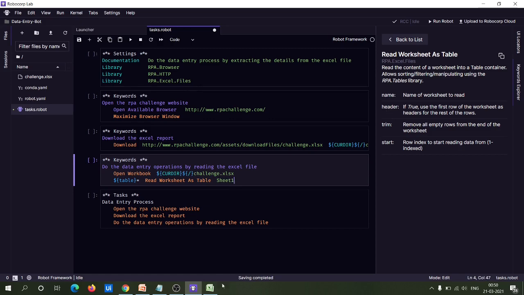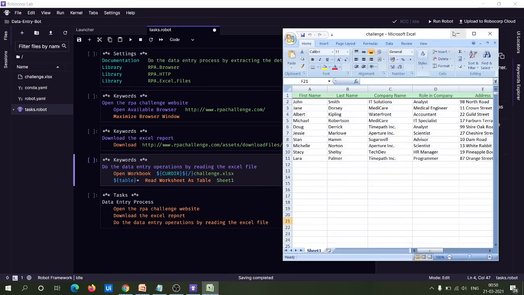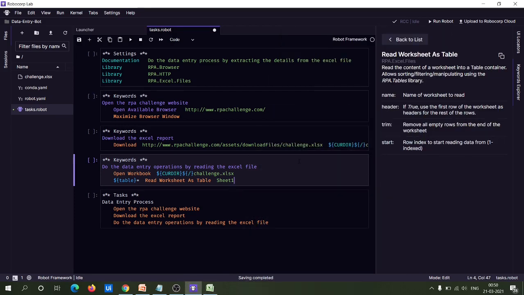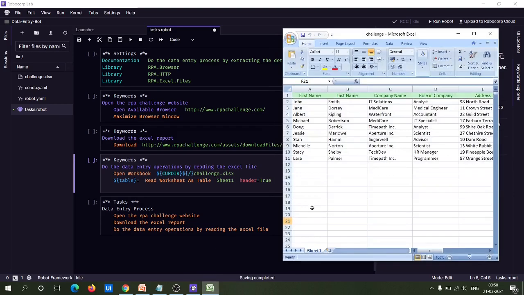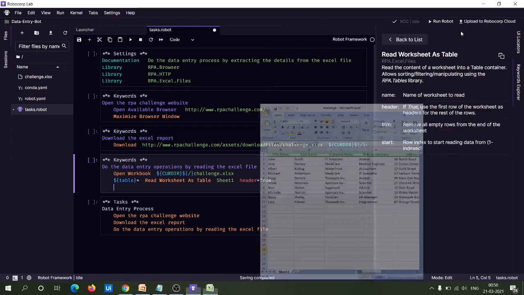Since there is a header, we can provide header equal to true as an argument, 1, 2. So the output of this read worksheet as table will store the details of the Excel content in Sheet1 to this table variable.